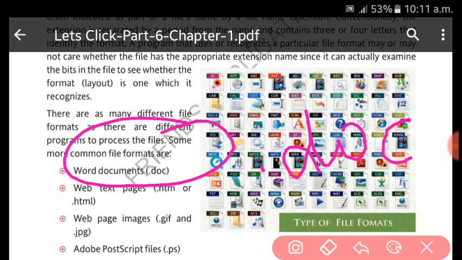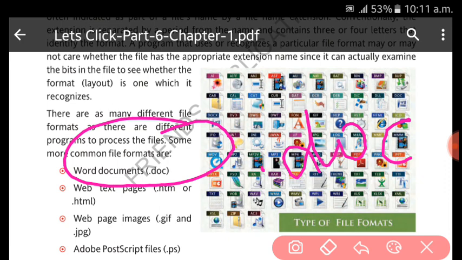Right click on that file, not folder, file, go to the properties option, and there you can see the file format option. It will tell you what kind of file this is.